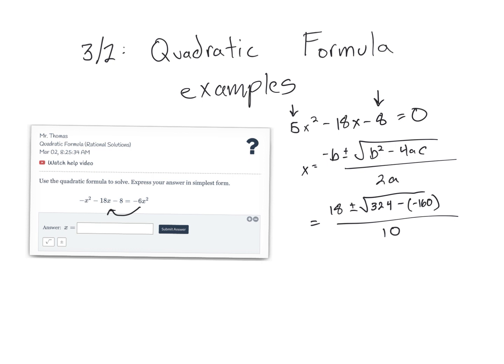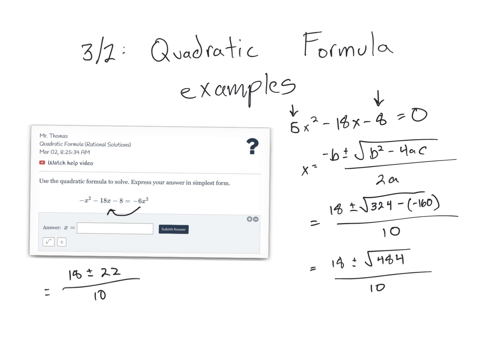All right, so let's keep going. Let's do that inside the radical. 324 minus negative 160. Well, that's 324 plus 160. So I got 484 inside. Now what else can we do? That 484, let's square root it. I hope it's a perfect square. I really don't know. Let me use the calculator. The square root of 484 is 22. So this is what we got so far: 18 plus or minus 22